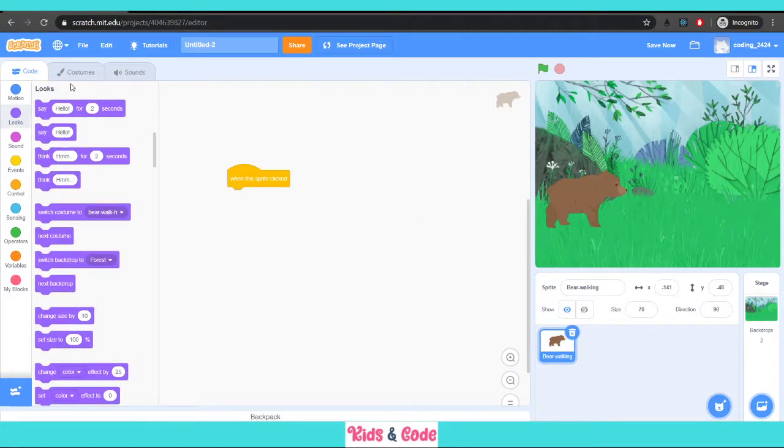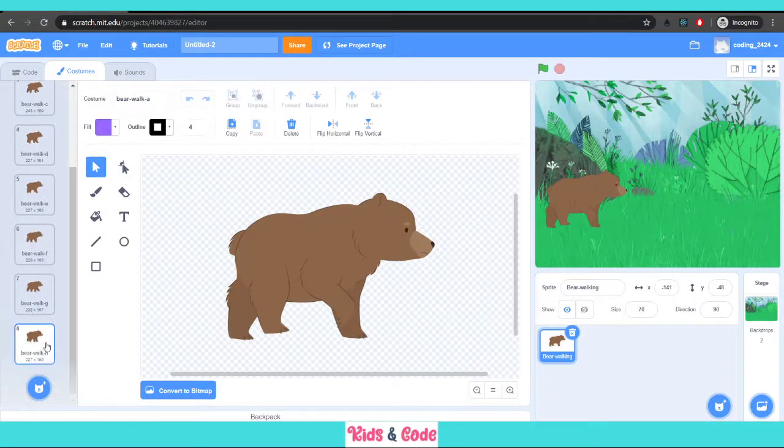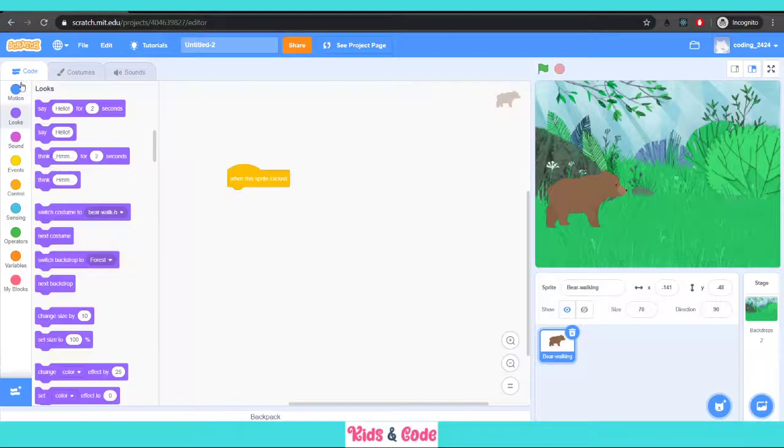So we can have a look at the costumes for every sprite that we have in the costume section here, in the programming area, besides our code area. We can have a look at the costumes for different types of animations that exist. So there are so many animations for the walking motion of this bear. Okay, so here we can select next costume,